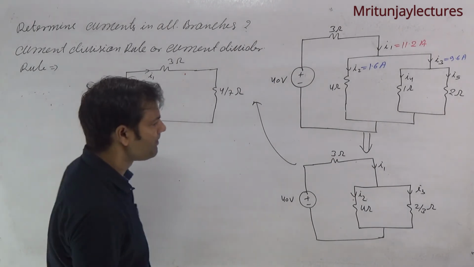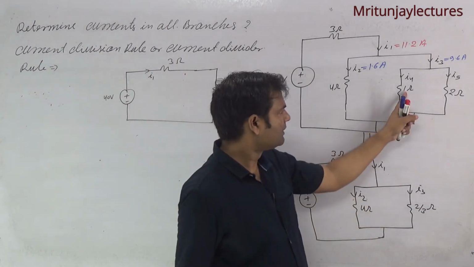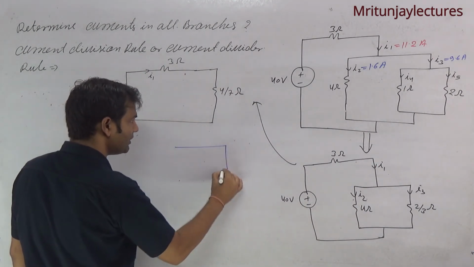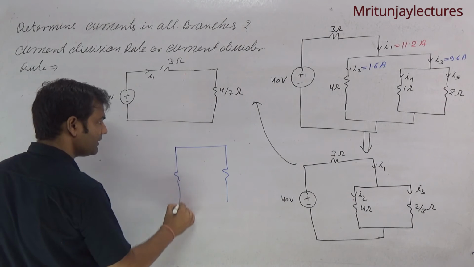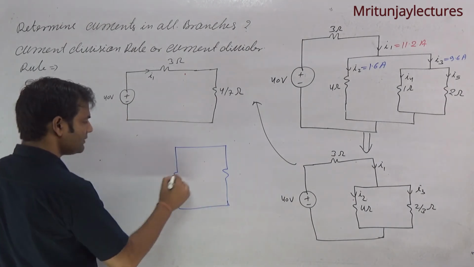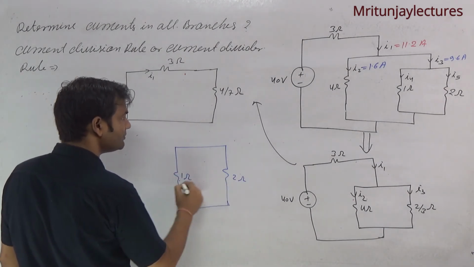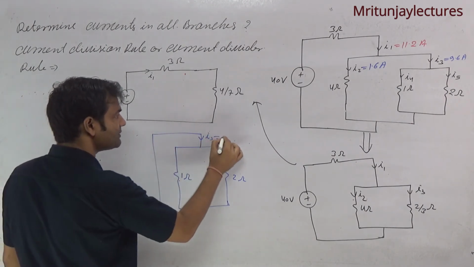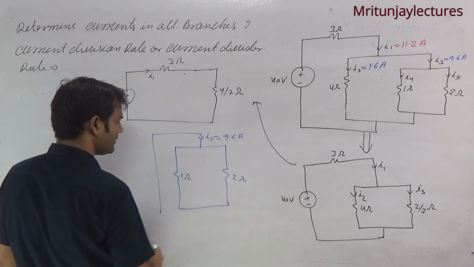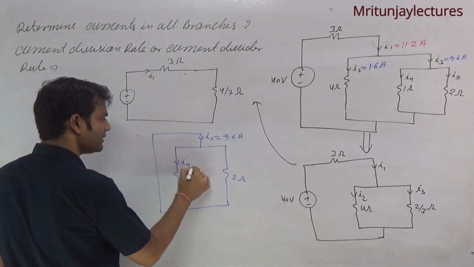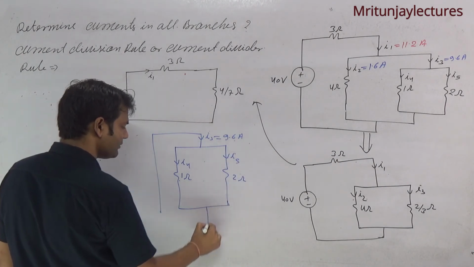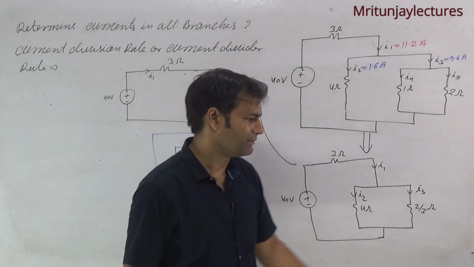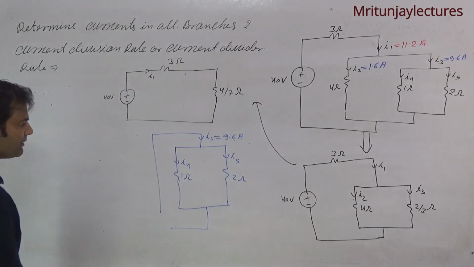Now another way, our motto is I4 and I5. How to determine I4 and I5? If you want to determine I4 and I5, that is 1 ohm and that is 2 ohm. I3 is written like this one, that is 9.6 ampere, and that is I4 and that is I5. How to determine? Again,